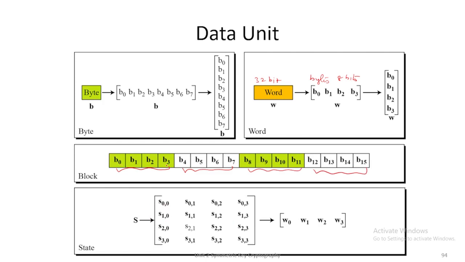You can store these values in column order. So these are column values. If you represent it as a 4 cross 4 matrix, it is called a state. That is the only difference between the block and state. A 4 cross 4 matrix representation of a data unit is called a state. And the state value will be formed as words by adding continuous 4 values in row order